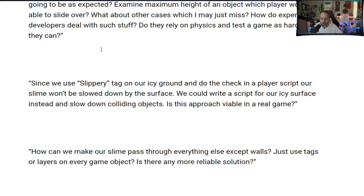All right, I'm going to jump to the next question, which is, since we use the slippery tag on our icy ground and do the check in our player script, our slime won't be slowed down by the surface. We could write a script for our icy surface instead to slow down colliding objects. Is this approach viable in a real game? That is something we could do. We would just want to make sure that it was something that we wanted to happen for all of the